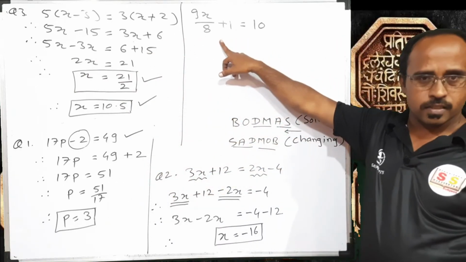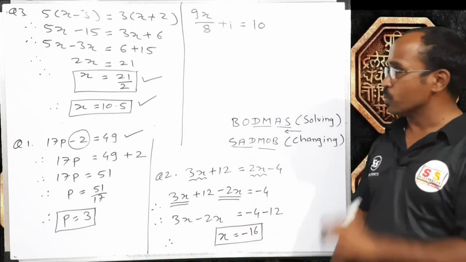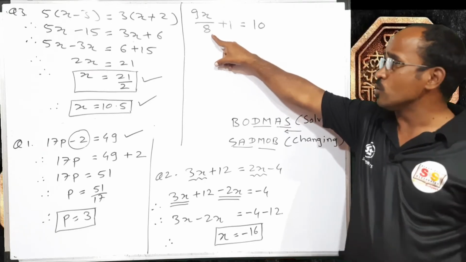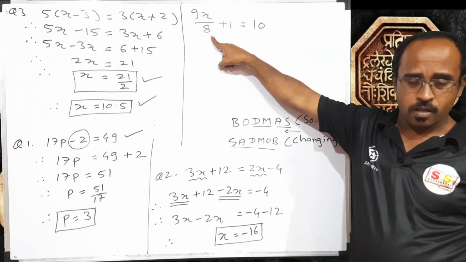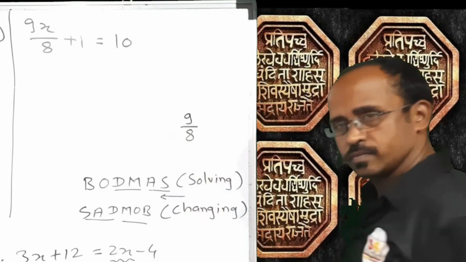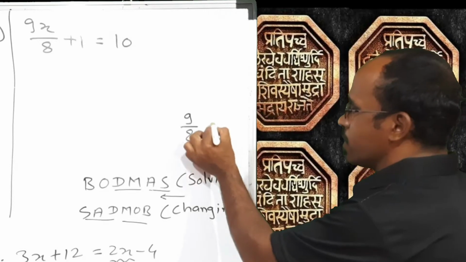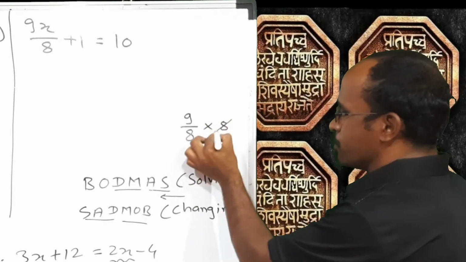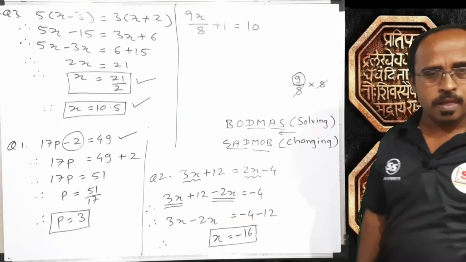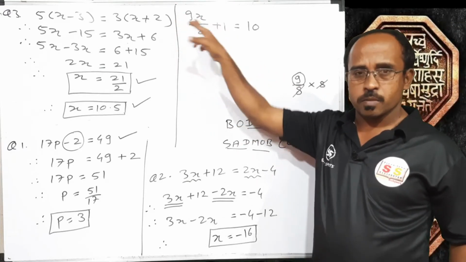Here a denominator is there, so we have to convert it into this kind of problem. Means we have to eliminate this denominator. So how to remove this 8? Suppose, students, 9 upon 8 is there and we don't want this 8 in the number. If we multiply it by 8, automatically 8 from the numerator and 8 from the denominator will cut and only 9 will remain. Means if we multiply this first fraction by its denominator